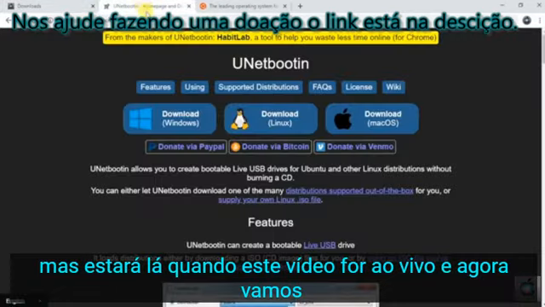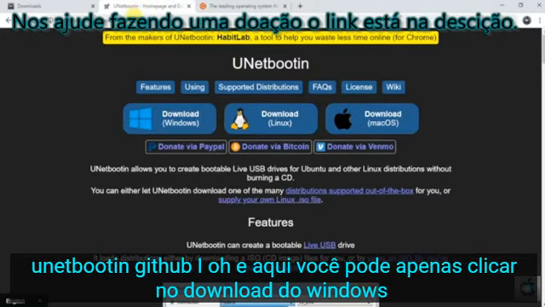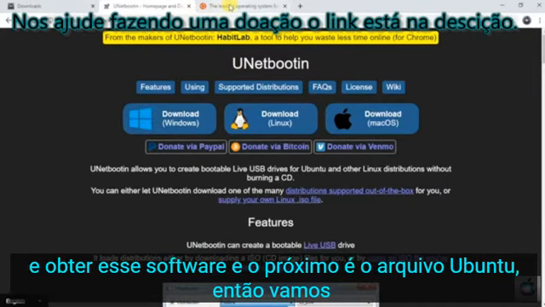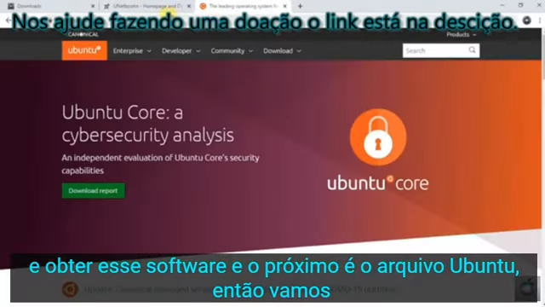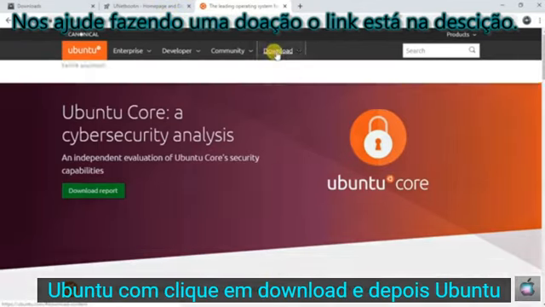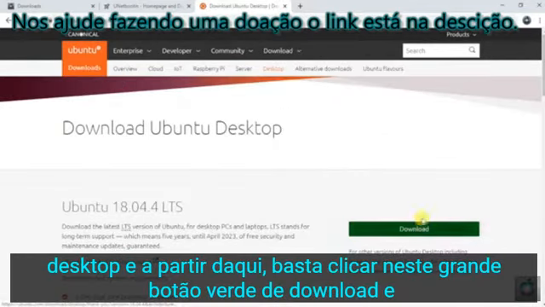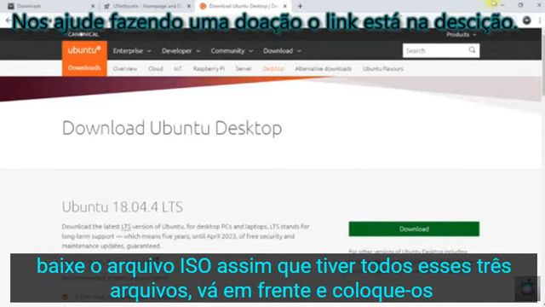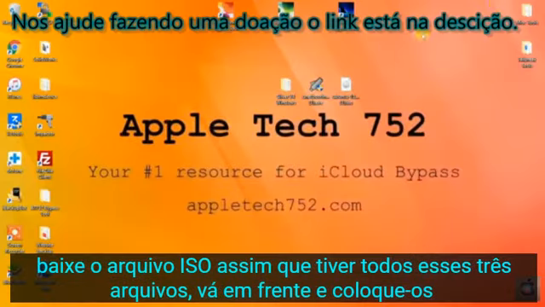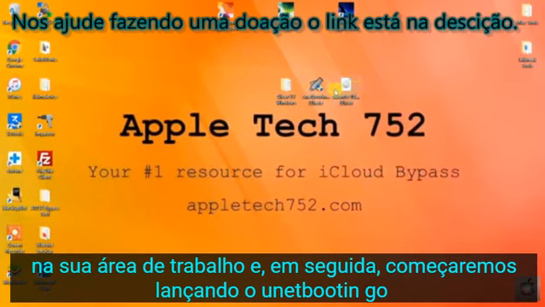And now we're going over to unetbootin.github.io. And on here, you can just click on the Windows download and get that software. And the next one is the Ubuntu file. So we're going to go to ubuntu.com, click on download, and then Ubuntu desktop. And from here, just click this big green download button, and that will download the ISO file. Once you have all those three files, go ahead and put them on your desktop,